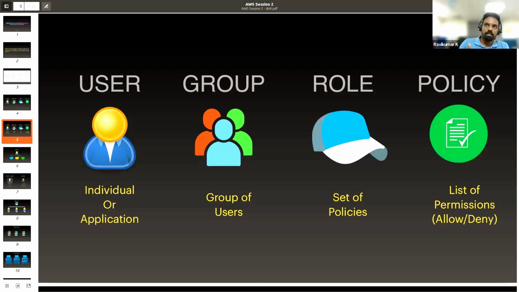For example, I have added two different users in a group, they have two different roles with different policies, and the group also has different policies. So, do we have any conflict on that?